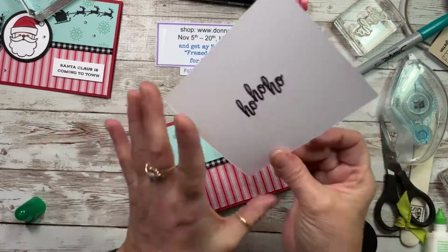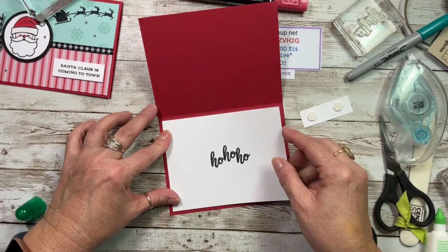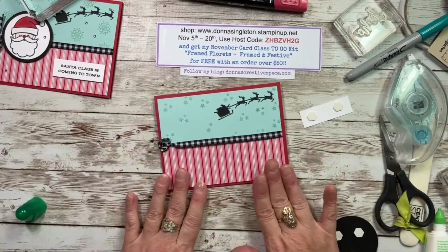All right, let's get back to our card. So I took off, let's put this on the inside. Put our ho, ho, ho. So I'm just going to get some adhesive on this. And this is a